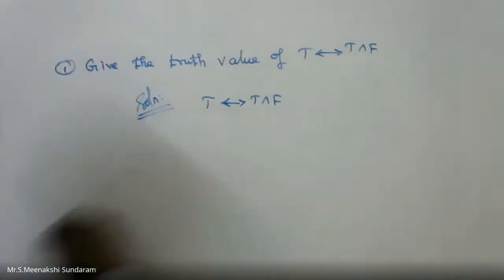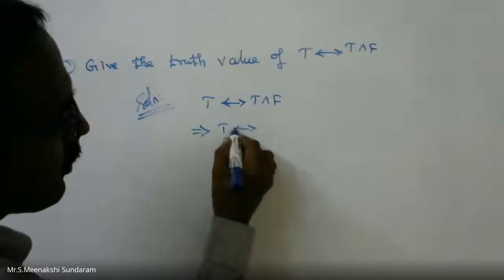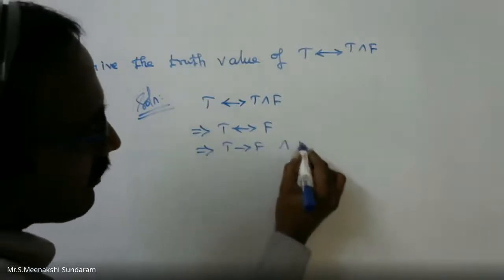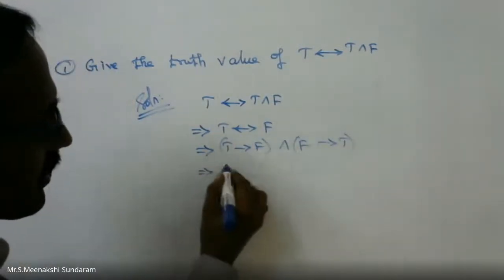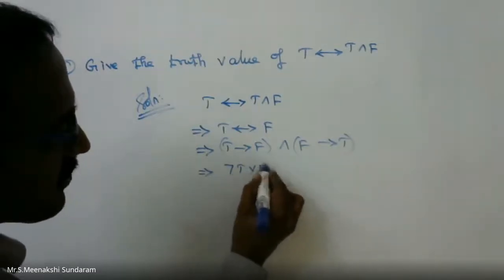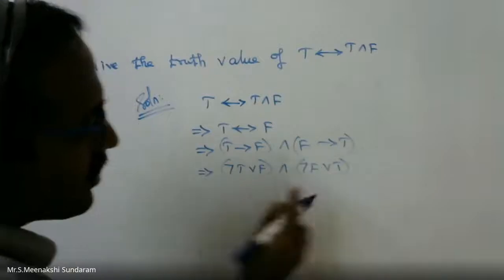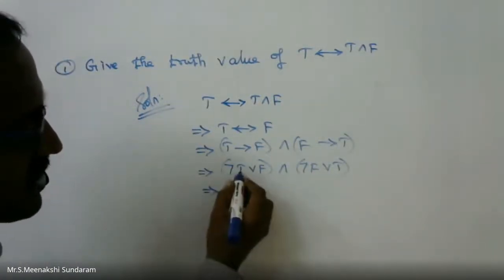What is T conjunction F? What is the value of T conjunction F? False. After that you can write T tends to F and F tends to T by using the biconditional formula. That is negation T disjunction false, conjunction negation false disjunction T, using the conditional statement formula, which implies negation T